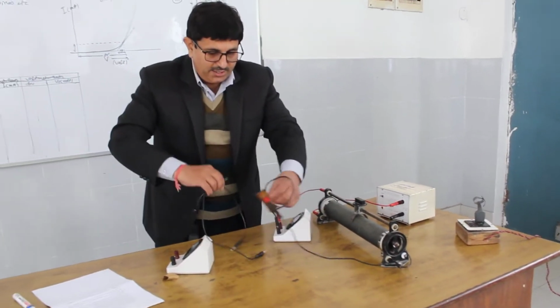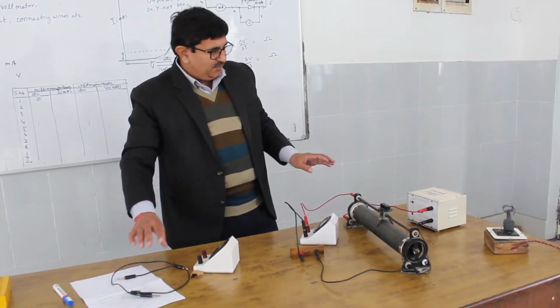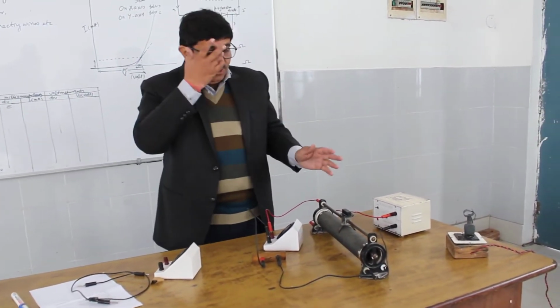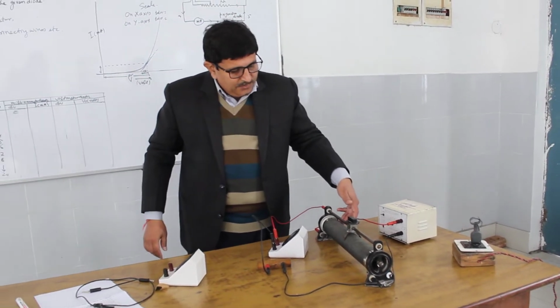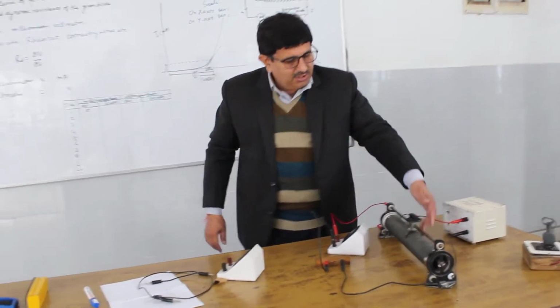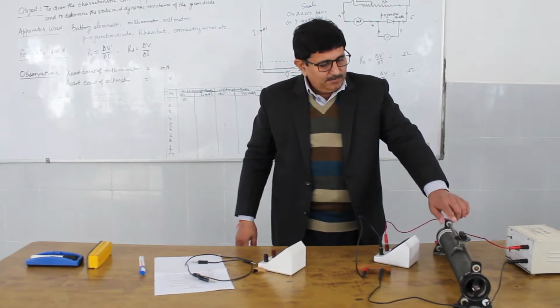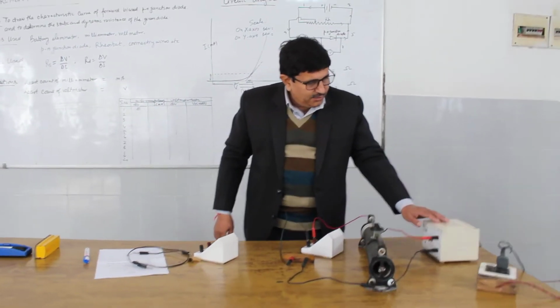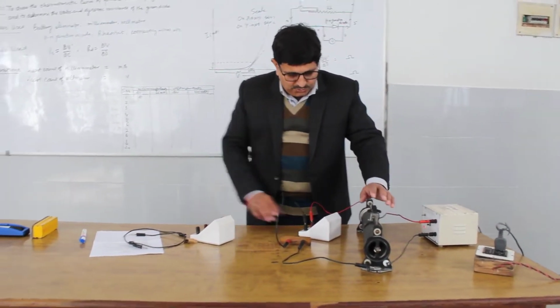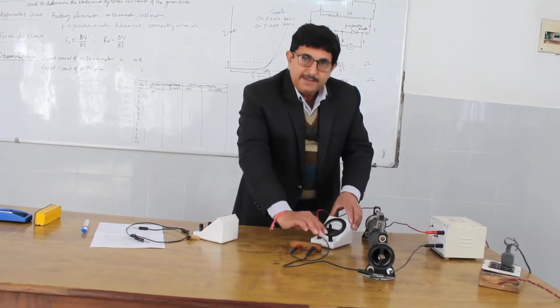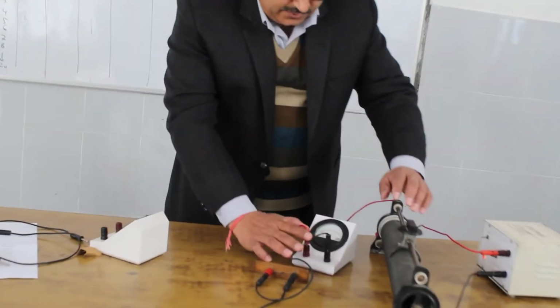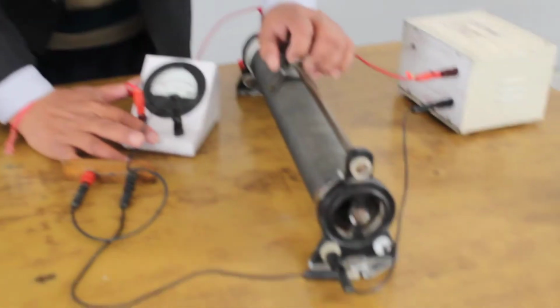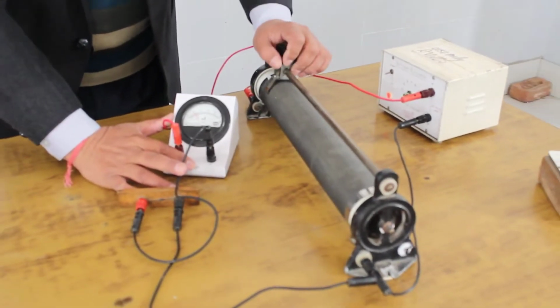Now we are using the rheostat as a potential divider. Whatever voltage you apply will be distributed across the whole length of the rheostat, and you can take any value by varying the top terminal. When you switch on the circuit, you will get a deflection. When you vary the rheostat, you will get a full scale deflection.